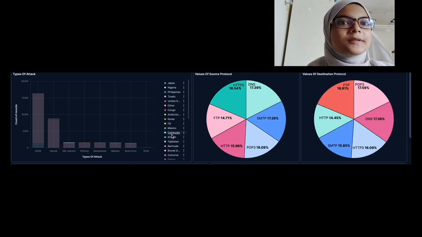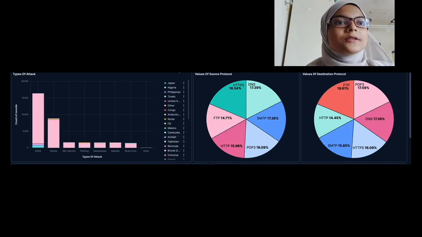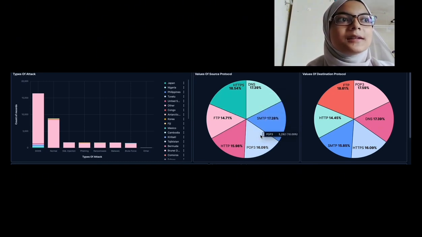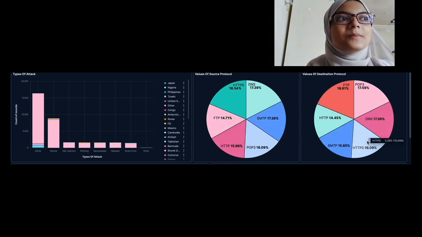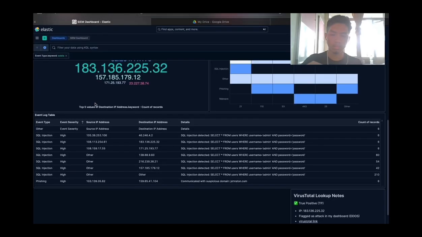Next is the values of source and destination protocols, which shows the percentage of protocols used during the attacks. Here we can see the values of source protocol is HTTPS, DNS, SMTP, and others, and the values of destination protocol, the highest is FTP, POP3, and the